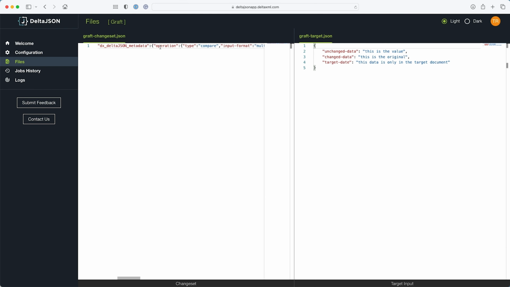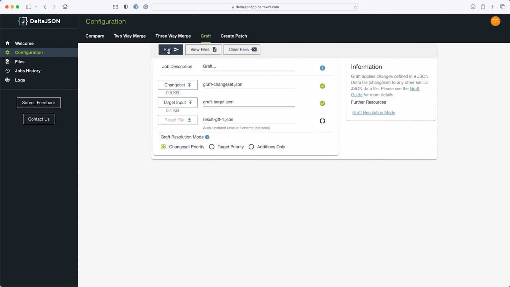This is just not formatted. It's not particularly easy to read here. I happened to have downloaded it and it hasn't pretty printed it. But you can see where we had the irrelevant changed data, there's nowhere to apply that change set, and so it will just ignore it and it won't apply the changes that are in that change set to the target. If we go back to the configuration and run this,